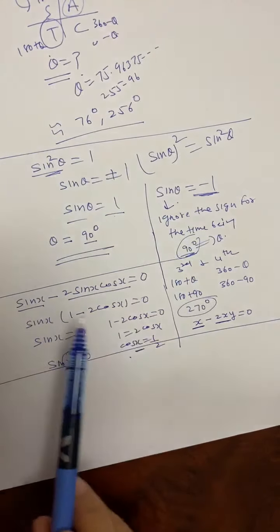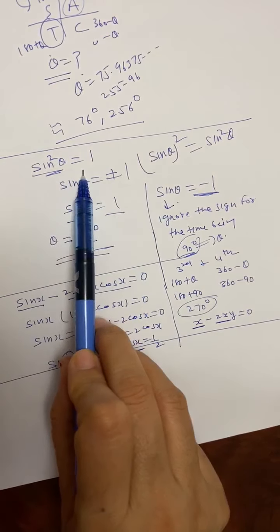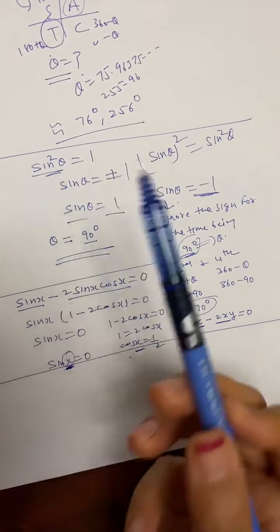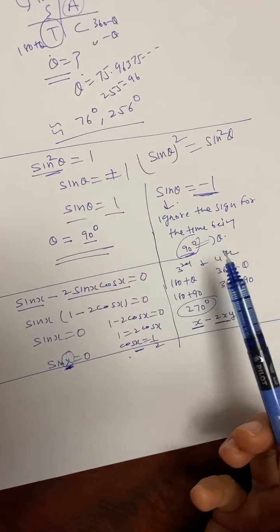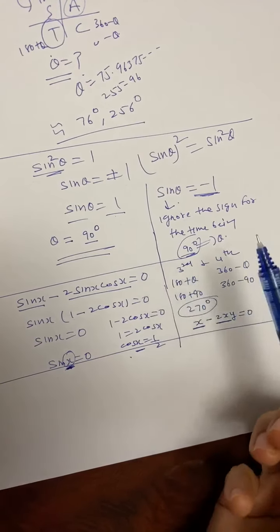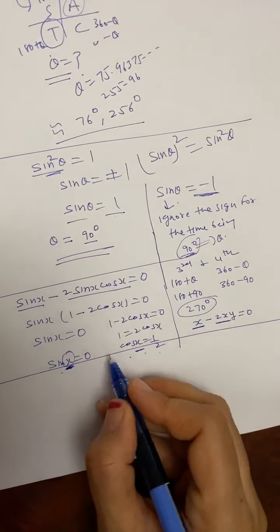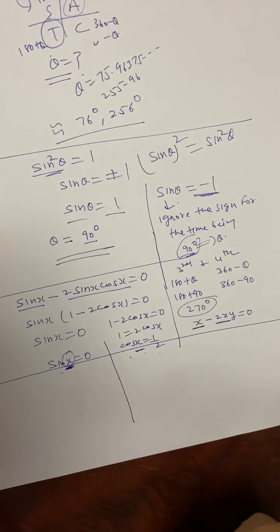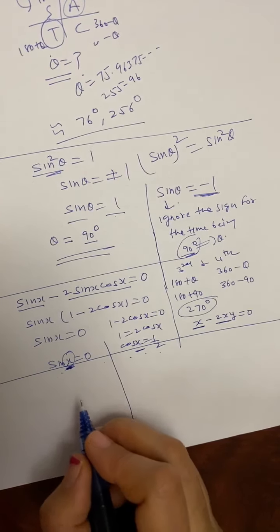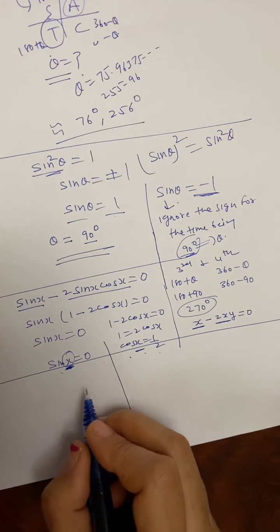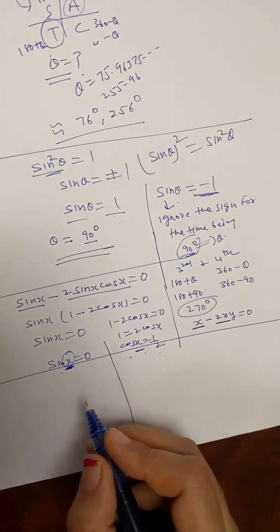Why did I call this a bit complicated? Because now I'm doing the trig equations, but with the quadratic factor in it, or it's just not simple sine x is equal to 2, or sorry, sine x is equal to -1. So sine x cannot be equal to 2. So sine x is 0 and cos x is half. Then you do exactly the same thing. The only difference is that now you need to solve two equations instead of one equation.